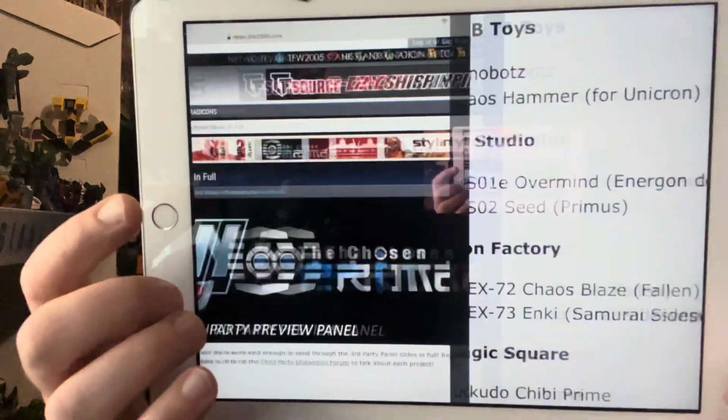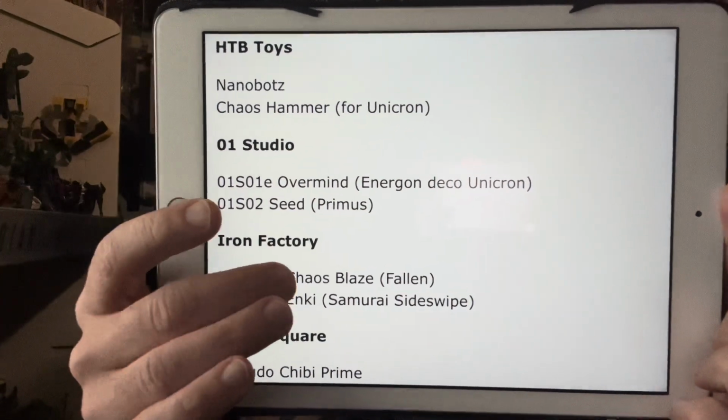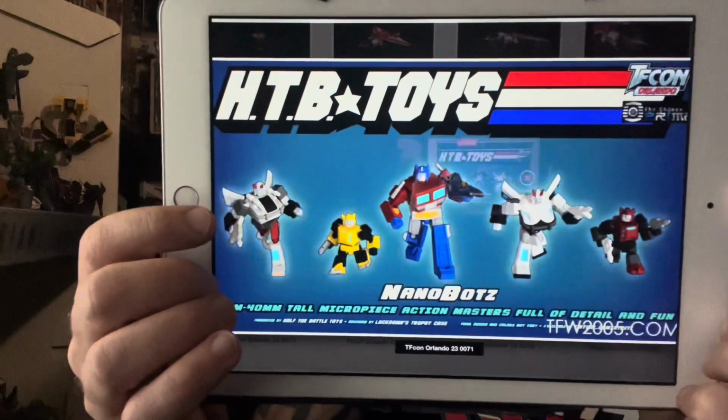Hello everybody, this is Toys R Us, and for this new figure reveals update video, that's exactly what I'm going to be doing. So once again, this is some of the figures that revealed at the Transformers convention in Orlando over the weekend. I've got these images from TFW 2005, and we're going to be focusing on these particular companies in this video. So HTB Toys, which I now know stands for Half the Battle Toys, they've got these little